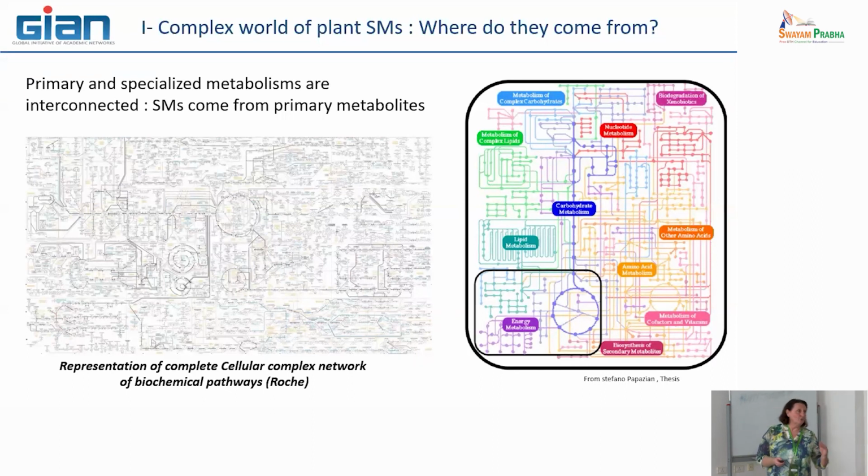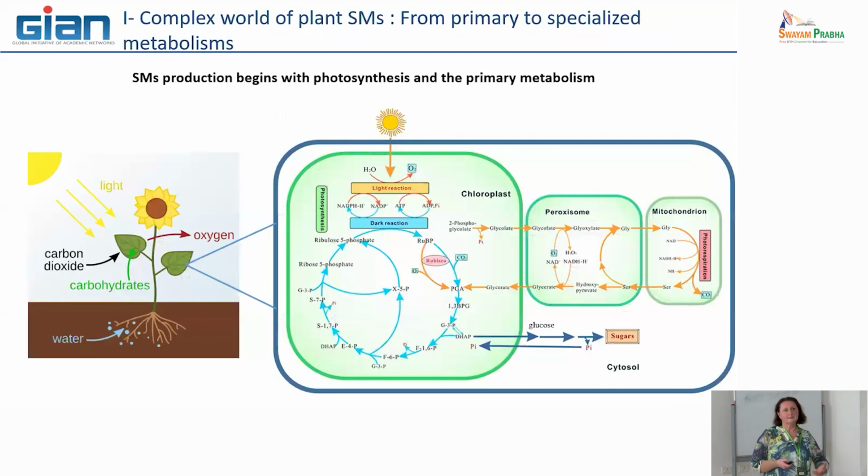So the story always starts with the same system, the ability of plants, which are unique in doing this type of system. It is photosynthesis. Photosynthesis is the first chemical modification of one carbon, what we call inorganic carbon, to be integrated in the organic system and become organic carbon to make carbohydrates. This is the starting point of the story of all the metabolisms of the plants. So it is important to know this very well.